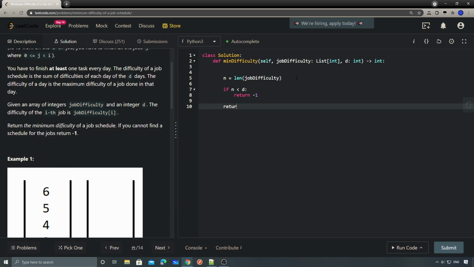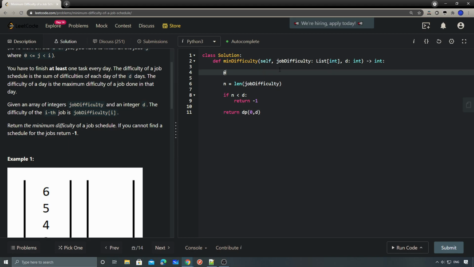Otherwise, we just return dp from 0 to d. So like I said, the way I define this dp is like, the first one is the job index, basically, it means that starting from the index to the end, those are the remaining jobs we need to schedule,